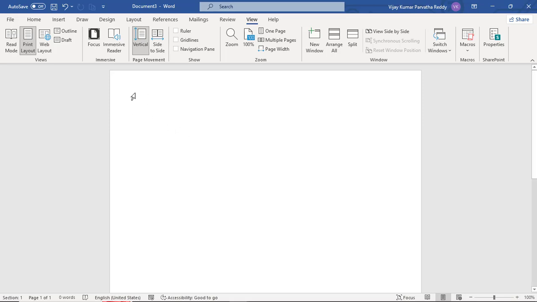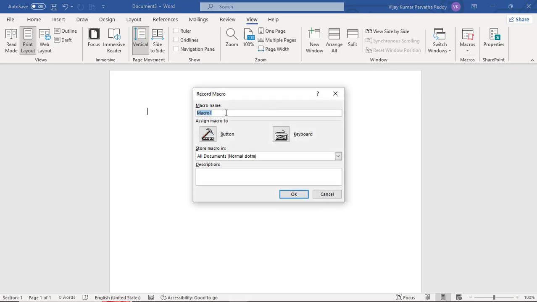For example, I want to place borders on each and every document I create every day. For that I need a fixed border. So first, you have to record a macro. The first time you create a border, you record how you are designing the border with the help of the macro. Here I am giving a name to this. Suppose I am giving the name border,